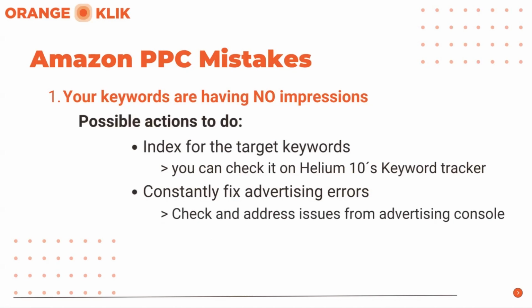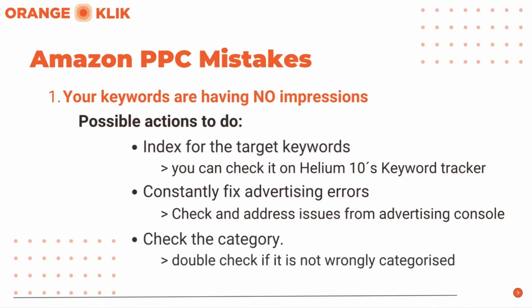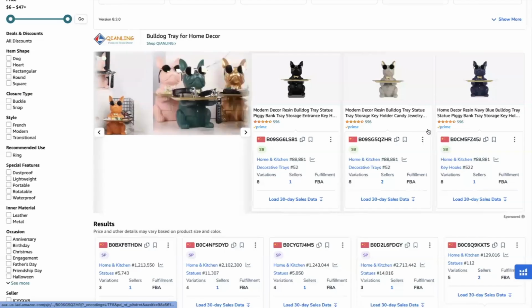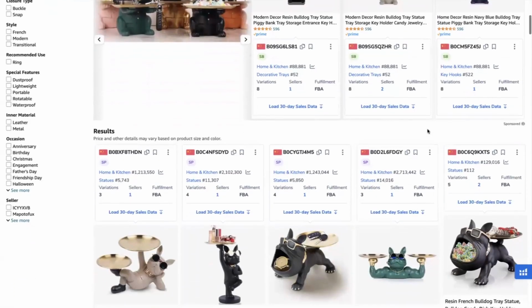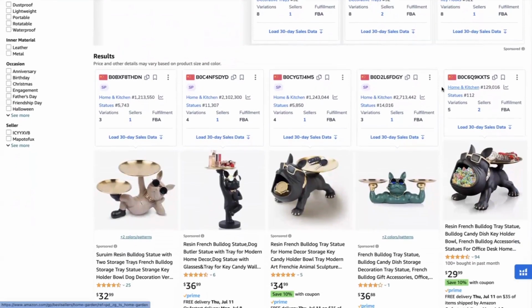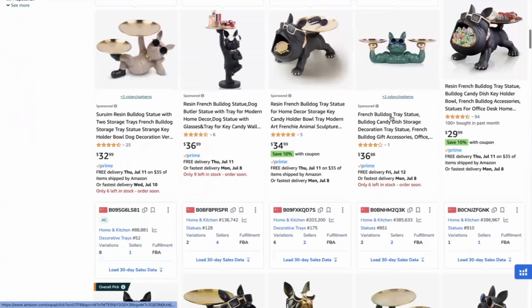And if you are recognized in the wrong category, sometimes ads are placed in the wrong listing category, which causes Amazon to suspend it. For example, if your product is being incorrectly placed in an adults category, then you can go ahead and relay this to your client and appeal to Amazon to reclassify your product to the right category and not get suspended. Another example of not being added in the right category is this French Bulldog tray.